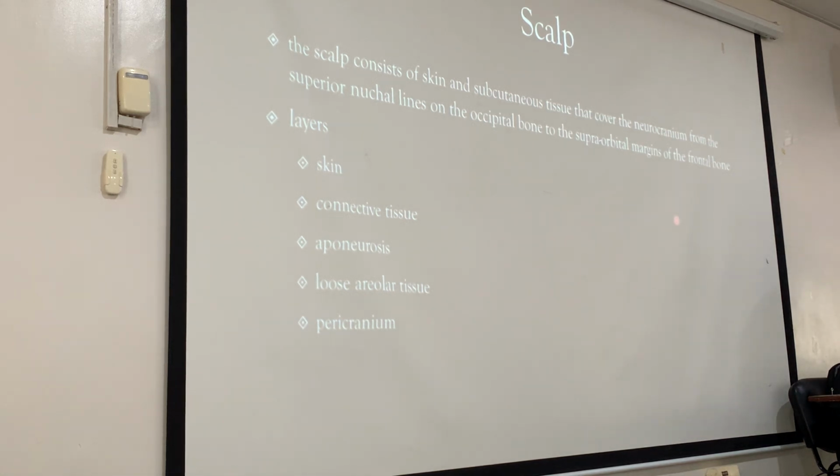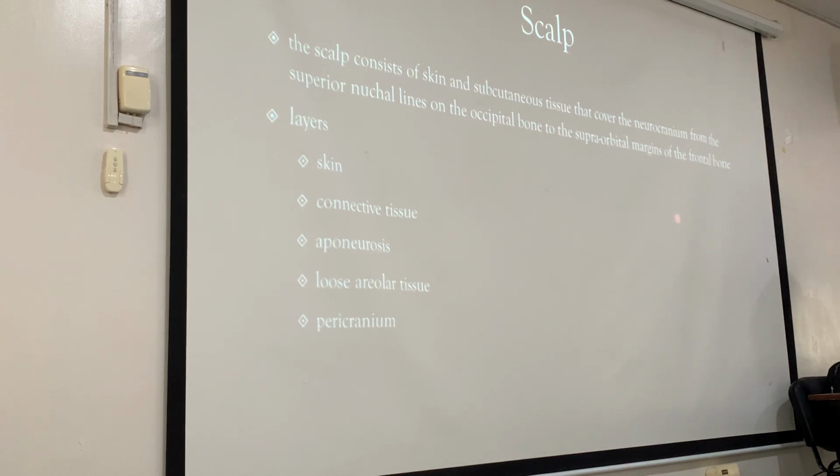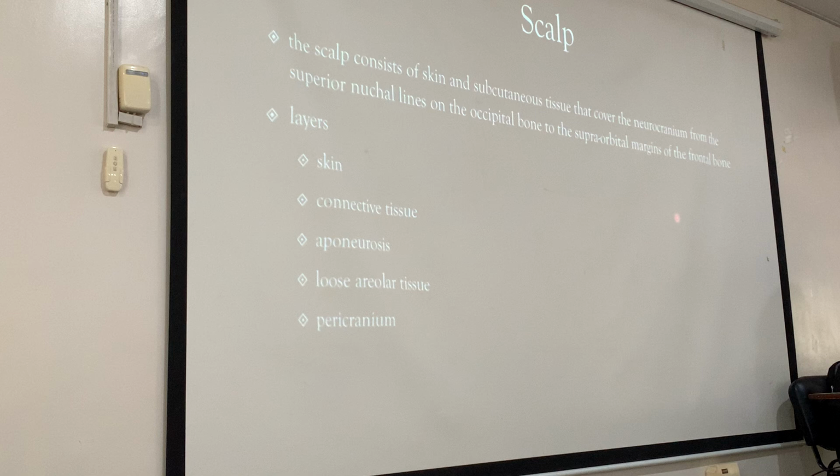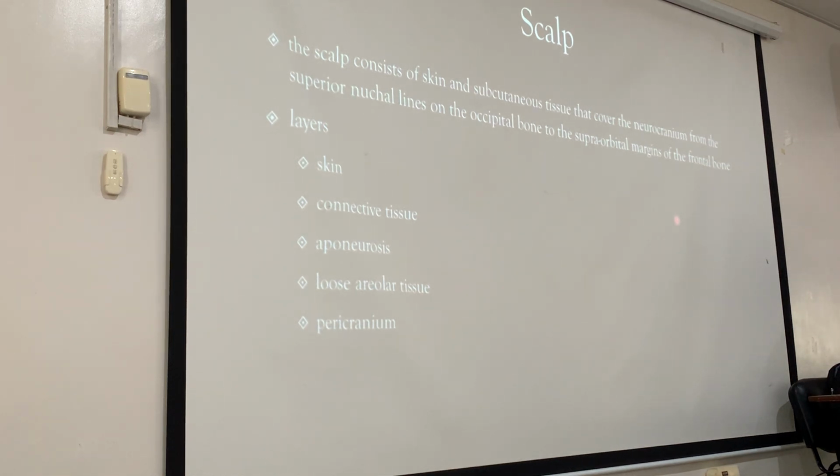So the skin covering the cranium is called the scalp. The scalp consists of skin and subcutaneous tissue that covers the neurocranium from the superior nuchal lines on the occipital bone to the supraorbital margins of the frontal bone. Okay, so the inion is in line with the superior nuchal line. So that's the start of the scalp, and then the scalp goes forward up to the supraorbital margins of the frontal bone, so up to our eyebrows. That's our scalp. That's the skin covering the cranium, and it has